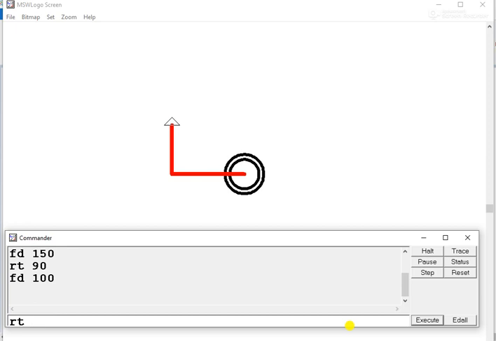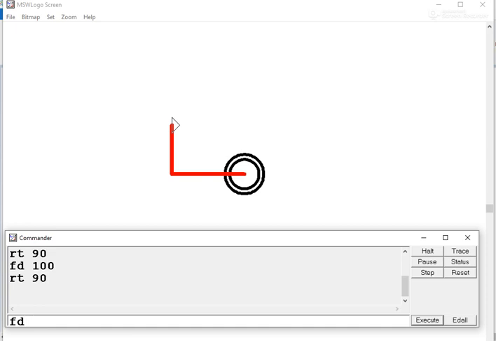Again we have to draw one more horizontal line which is parallel to this line. So here we want a horizontal line like this. So again we need to change the direction. It should be pointing towards right. So I'll write RT, that is right turn, and I'll click on execute. Now this line is of 150, so I'll draw one more line over here which is of the same size.